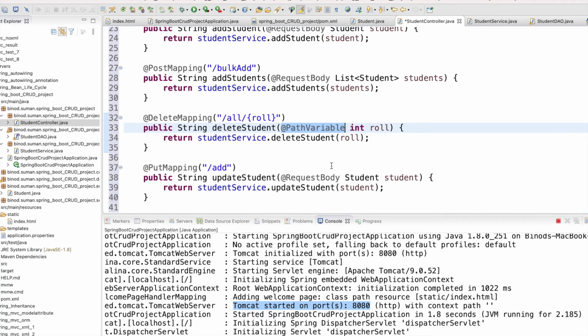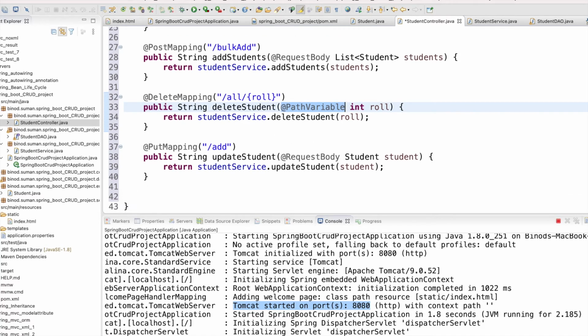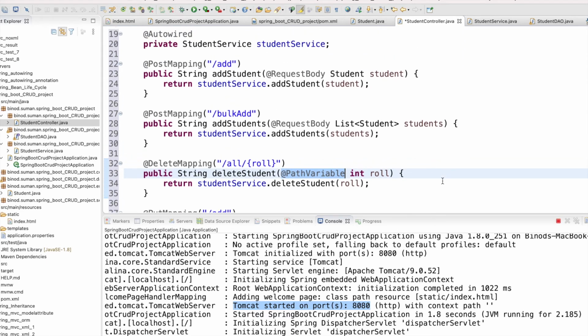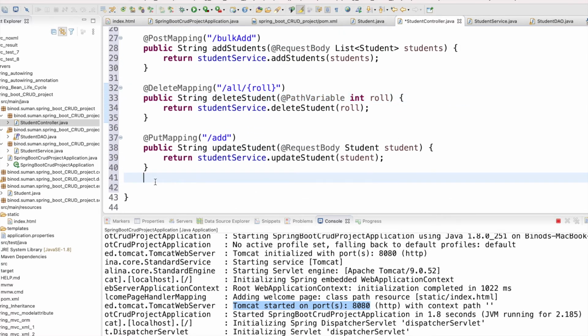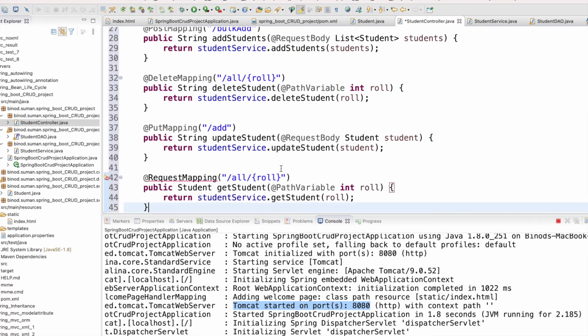In update I will take the new values, right? So all the CRUD operations are done, and we have only one left: if you want to fetch one particular student, how can you do that? For that I also need one method. It will return one student when you pass the roll number, right?